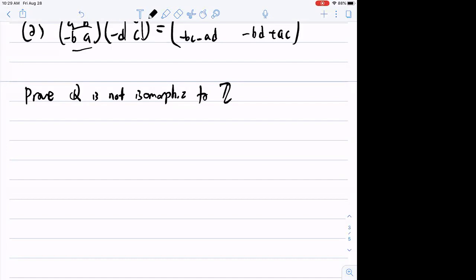It really boils down to the group property. So let me just guide you. Let's suppose it is, so assume